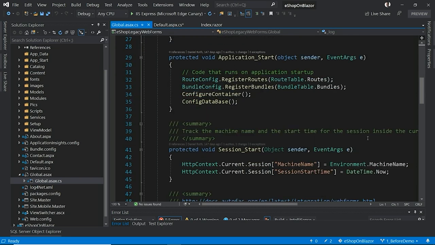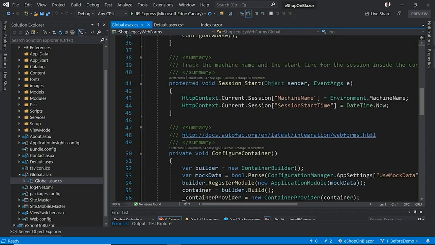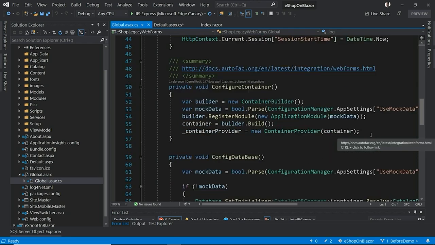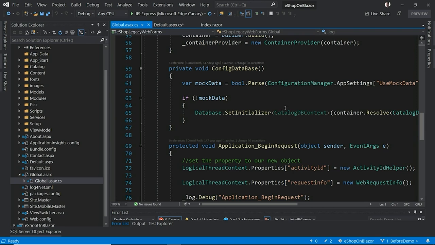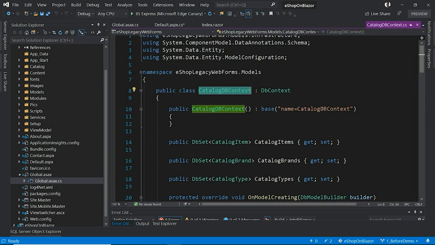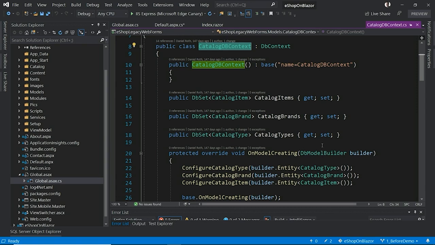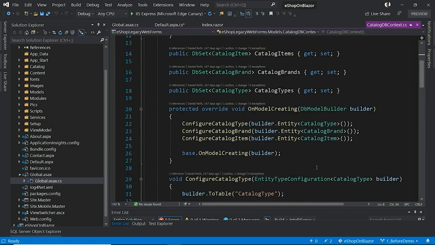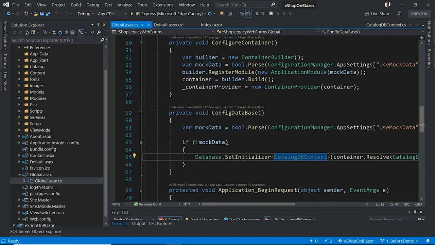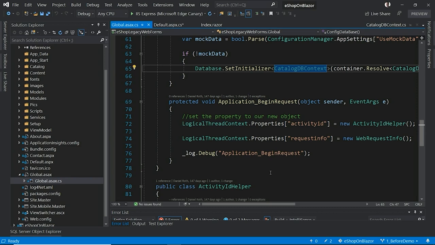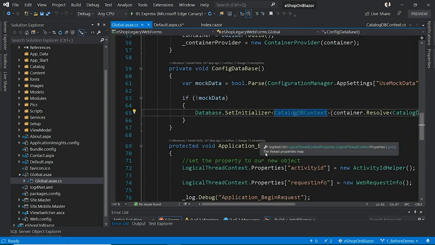So I have a container, I have database access, I have some configuration information here in my session start. And I have a database configuration here that hits a database context. And that database context is an Entity Framework database context. Pretty standard look and feel here of how I build and interact with this application. But importantly, in this Global.asax, of course, I have Application_BeginRequest. When the request starts, set this information, do a little bit of debugging interaction,